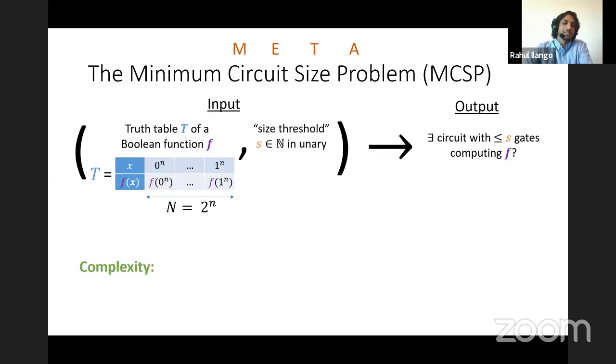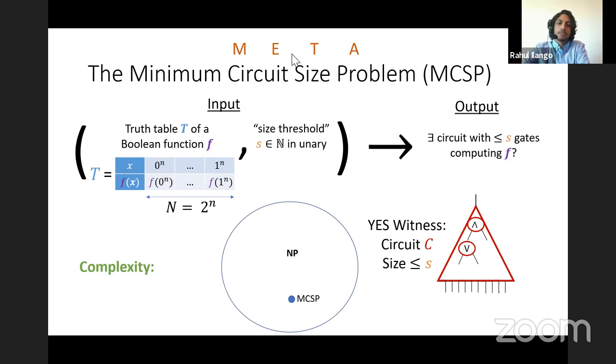Which leads me to ask, what is the complexity of this problem? We don't know too much about it. We do know the problem lies in NP, for the easy reason: if there's a circuit of size at most S computing this function, I can give it to you as a witness, and you can check that the circuit computes the function. Now this might seem like an inefficient operation because you have to evaluate the circuit on all of its inputs to see what function it computes. But note that in your input, you're given a string of length 2 to the n. So you can efficiently, in polynomial time, evaluate this circuit to see if it computes this function. So it is in NP.